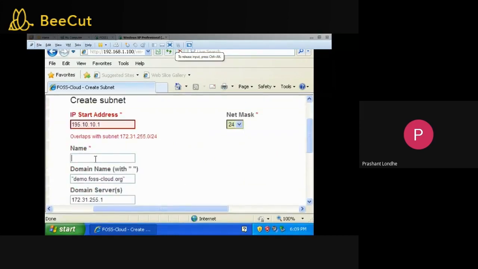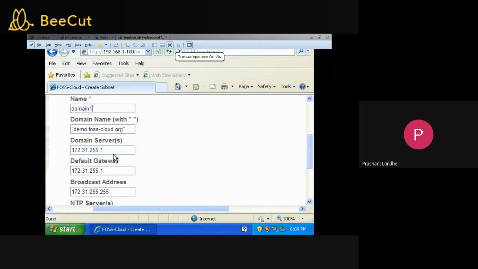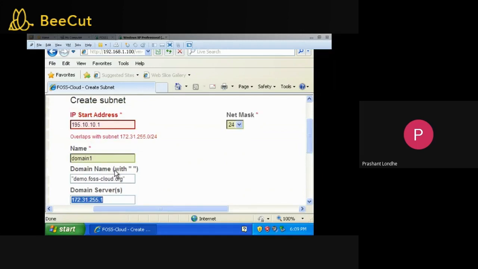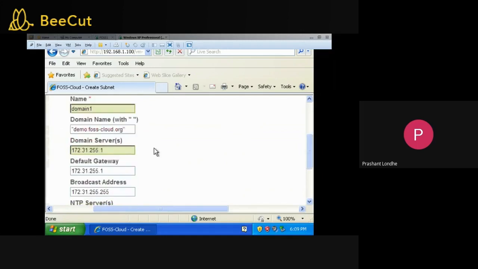Okay, let me check whether it is taking or not. Then the name will be domain 1. Then I need to change these things.